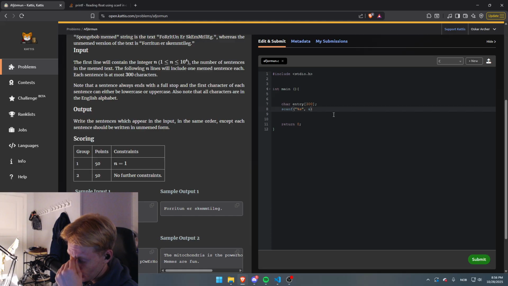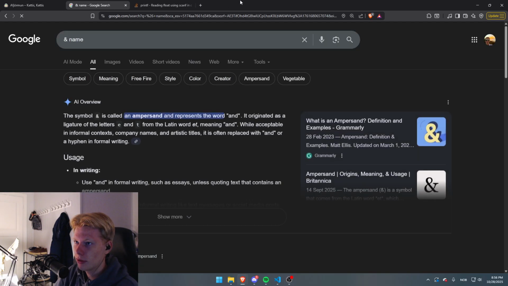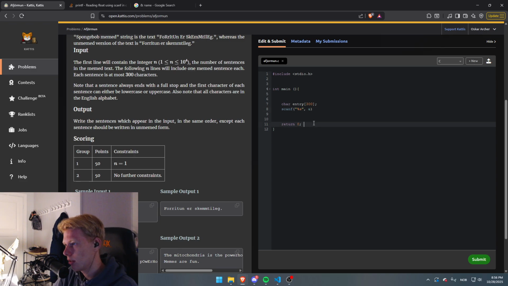I keep forgetting the name for the symbol, man. It's so annoying. And of course I closed the tab. Can I just do this maybe? Yeah. Ampersand. Nice. So we got the scanf here, entry,